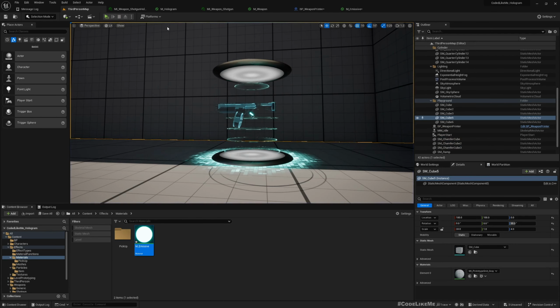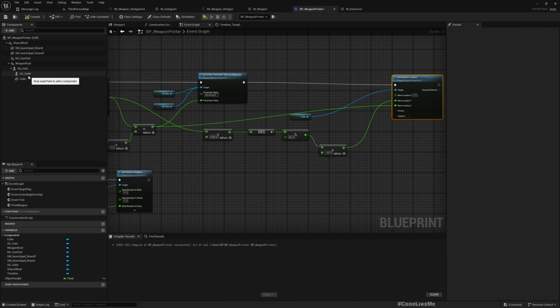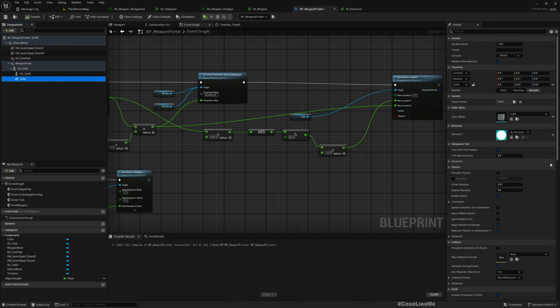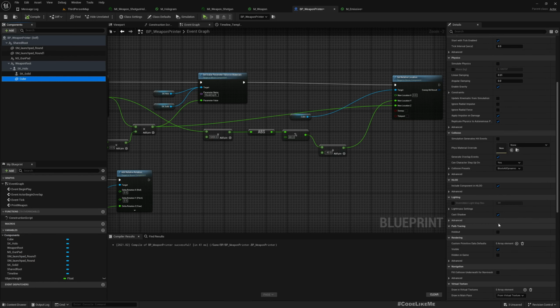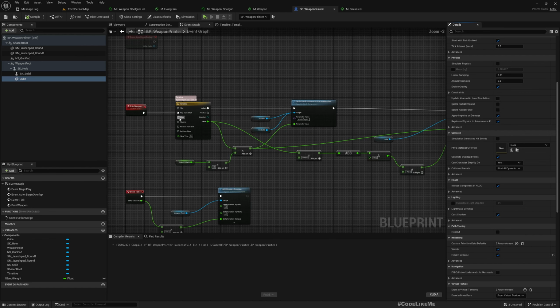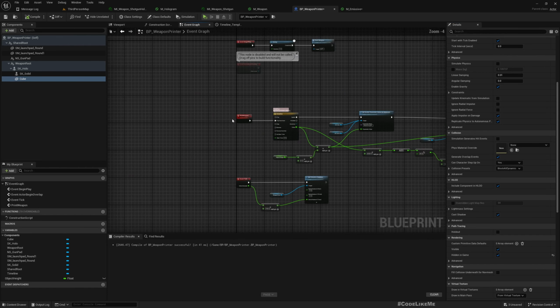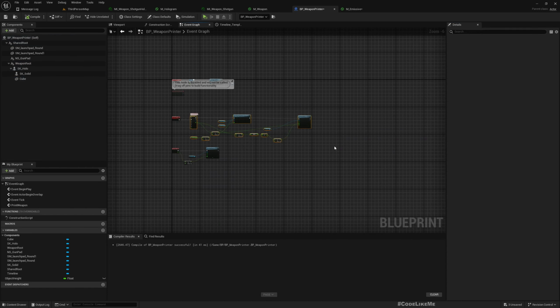Okay, so I think we should leave it invisible in the beginning. I'll make it hidden in game and then make it visible before we start the printing